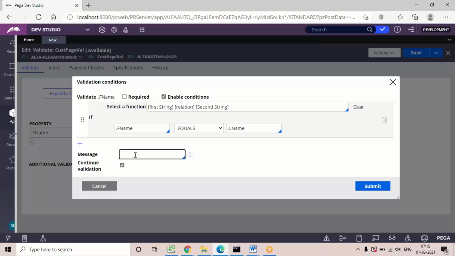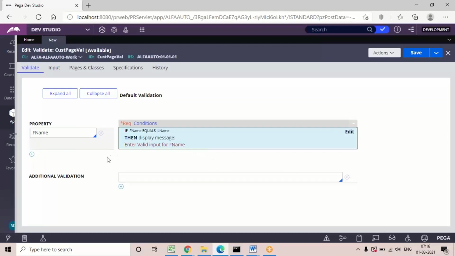So here I'm directly typing this message. Okay, some message I'm giving: enter valid input for f name.